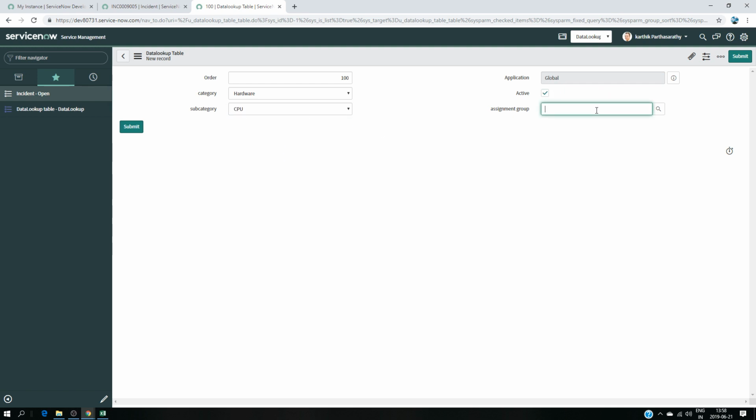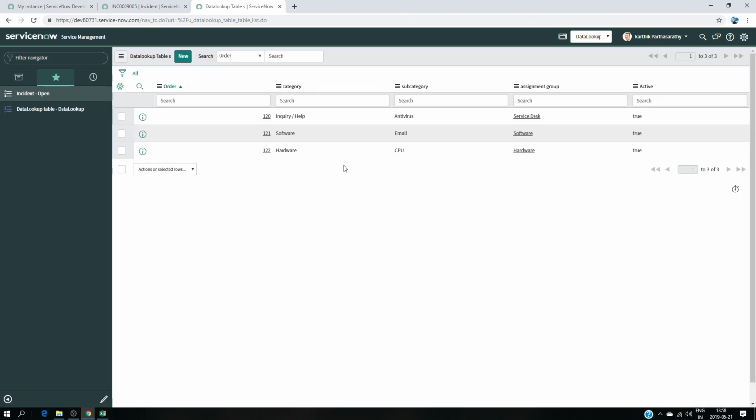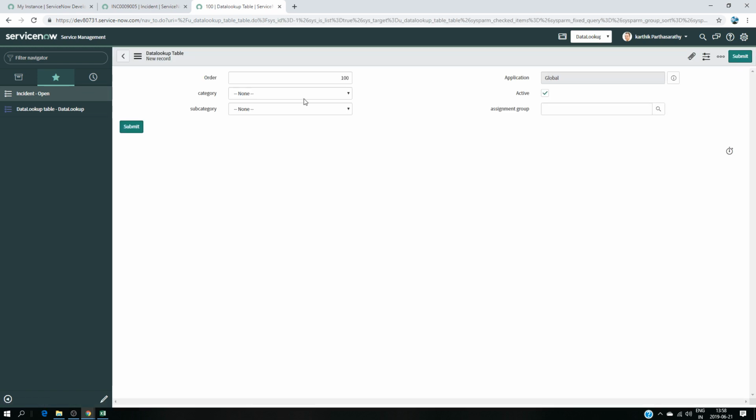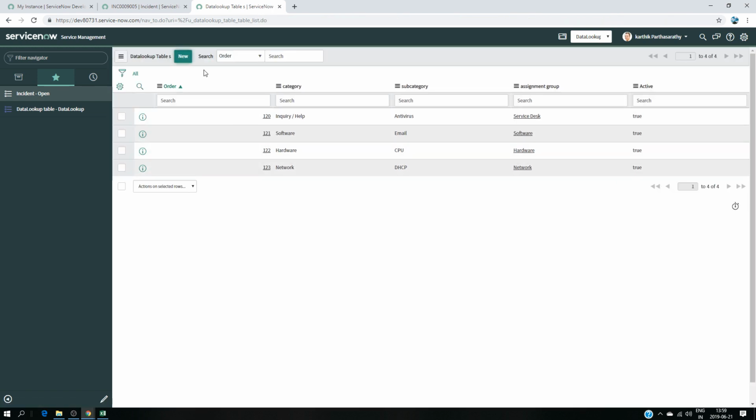Okay, and here it's going to be hardware. Let's see if it's going to give me hardware or not. Great. So it's going to be 122. Perfect. I'm going another one. This time it's going to be network, and I'm going to choose DHCP and network basically. Okay, and it's going to be 123. And the third one, the last one,